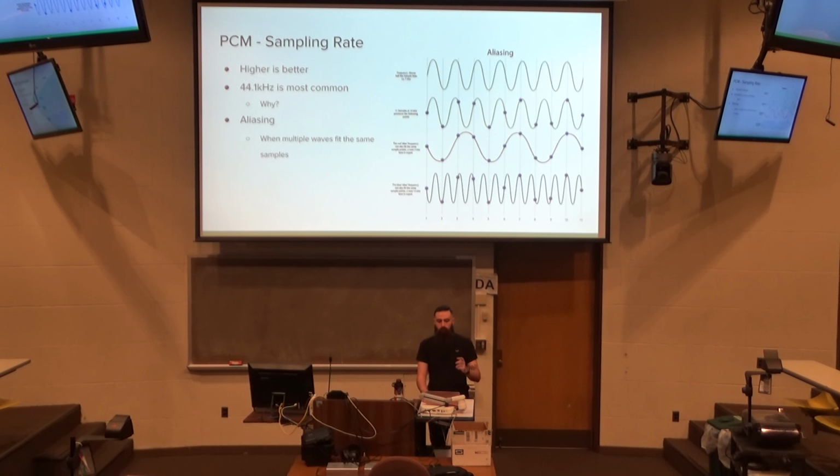And so that means that we have a most common frequency at 44.1 kilohertz. We have that because half of our sampling rate needs to be